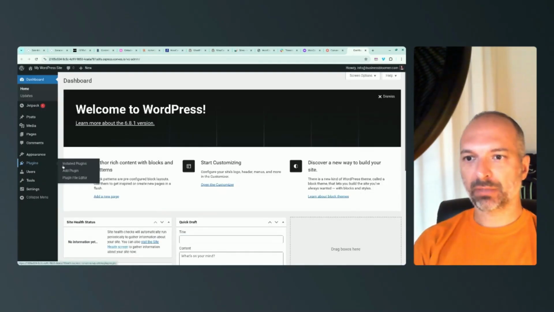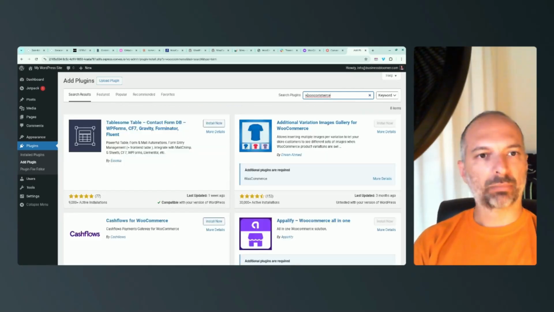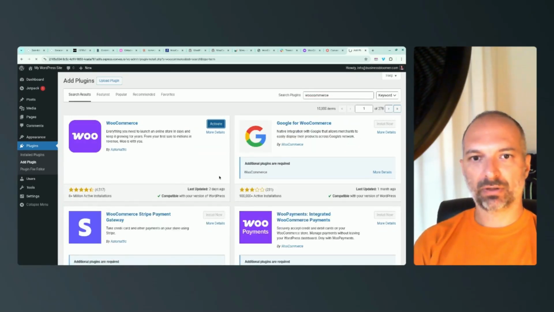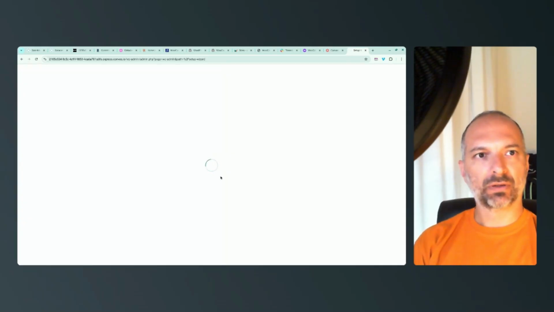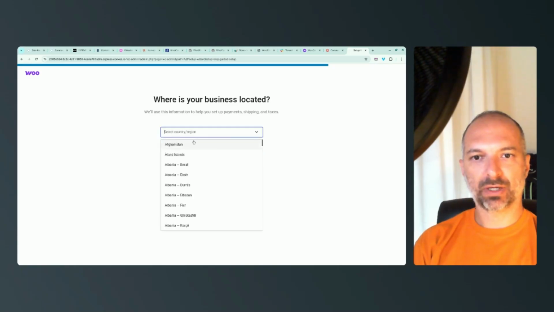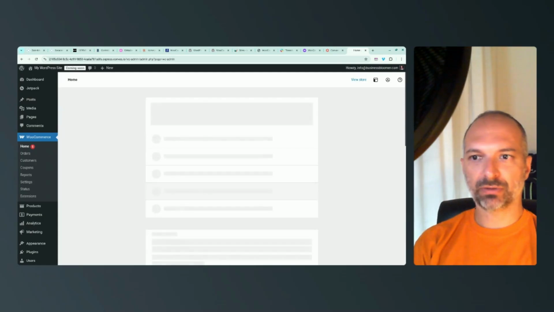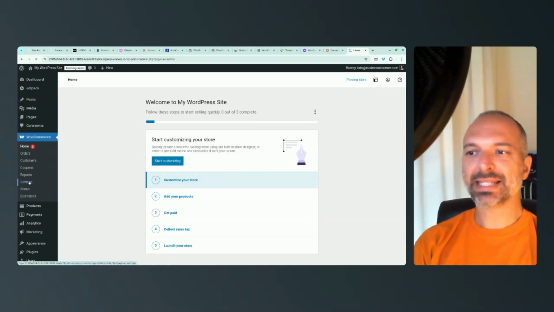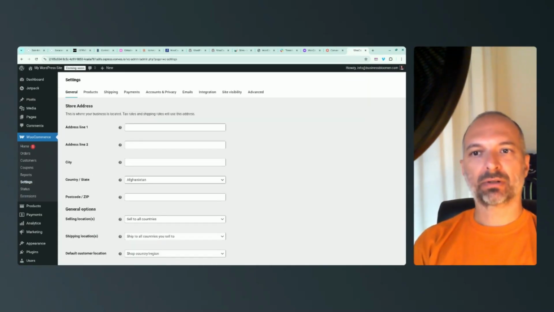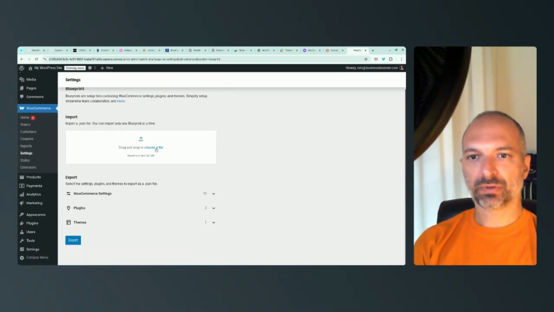So I'm in WP admin, plugins, add plugin. This time I can install it from here because it's not a Playground instance. So install now, activate it, go through the wizard. But this time I want to skip it. So skip guided setup. I am from Afghanistan, and turn on the lights, opening the doors, and I should be ready to go now. If I go to settings now, and this is an actual website on actual hosting, I go on to advanced, and as you can see I'm in coming soon mode, which means that the blueprint is active now,